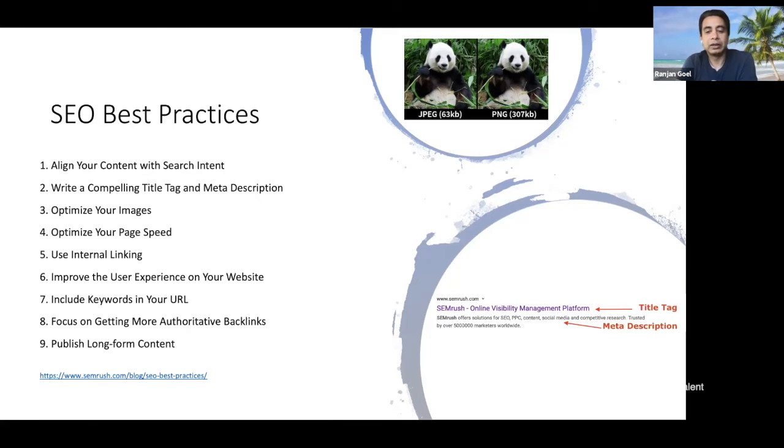Without paying, you still have certain mechanisms to show up higher organically within the Google search. The 9 things I'm listing here are not just my best practices. This is the industry best practices.